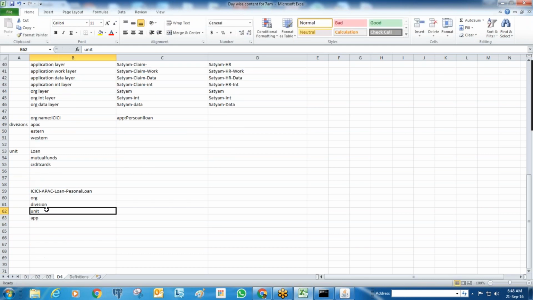So within the units you may have sub-units, which are also possible. So in this class structure, ICICI is the organization layer, ICICI-APAC is the division layer, and ICICI loan is the unit layer, and the application layer completes it.